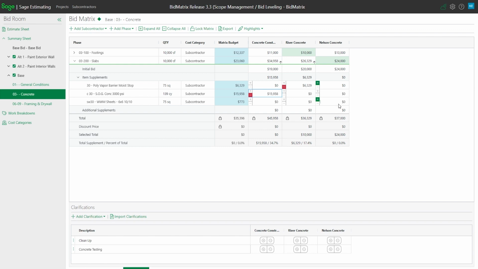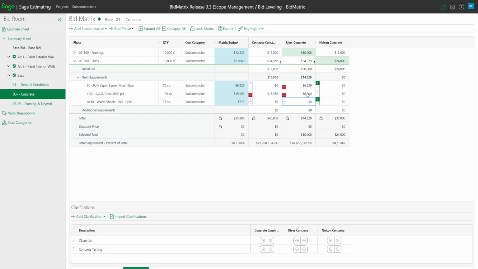It is also very powerful in the fashion of you can also now override these numbers for a particular sub if I needed to also. So if for some reason, maybe I felt that River didn't include this section entirely, but I didn't want to necessarily put the full 15 thou on or something of that nature, I could come back and put on a different value at that particular point in time also. So that way it'll still kind of do a minus that it's not included or that they excluded it from the bid and so forth, but I could see that number breakout in my listing and so forth.